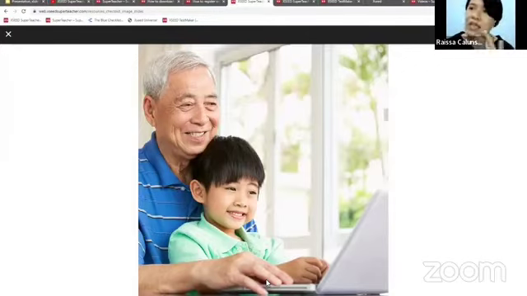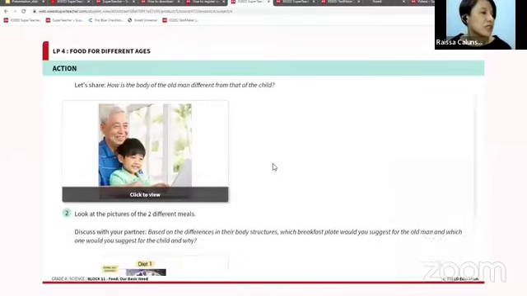Very good. Okay, some are saying young ones are more active. Maybe the old ones taking things slow. One is immunity is different also. The old man might be taller. Very good. Great. Keep on typing your answers. Okay, some are saying their skin is different. Yes, the young boy's skin is smoother and the old man has more mature skin. Now, I'd like for you to keep that in mind, that these two have distinct differences,